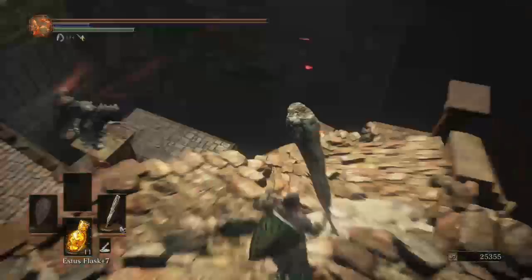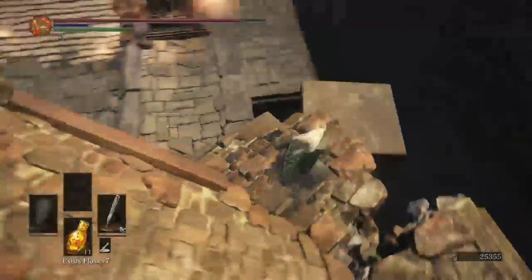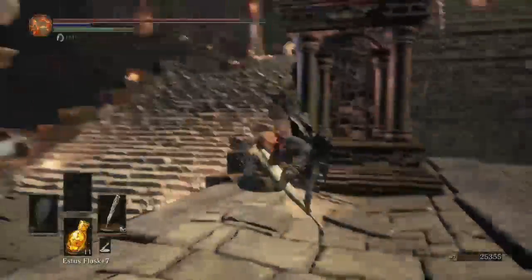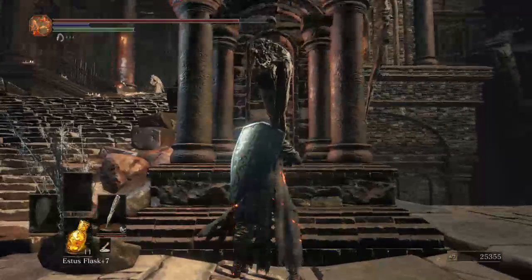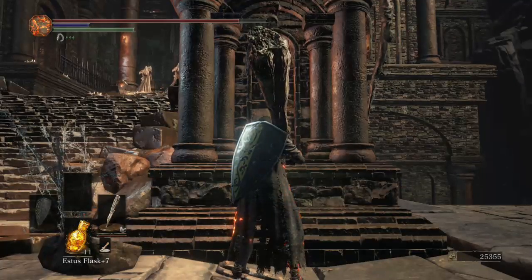Dodging the fireballs is just sort of about timing. You might get hit by them. It's okay. You're not going to need all of your health for Yhorm. But if you just kind of roll your way around and down that ramp, I got lucky. I probably should have been hit there. But we can pause right here for a second, recover, and then